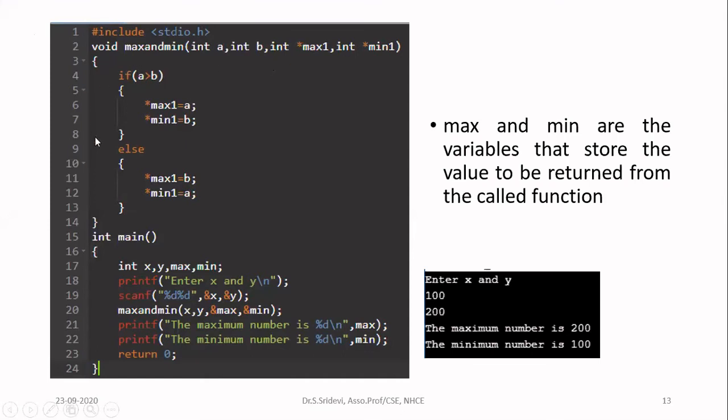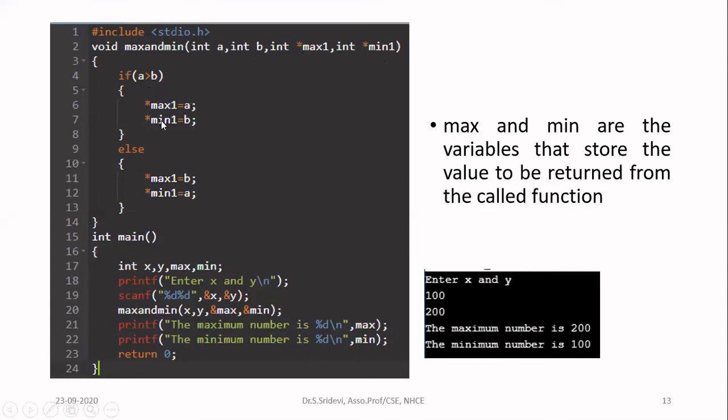Now inside the function you are going to find the minimum number and maximum number and store them in the appropriate answer. Here first I have a and b. A and b are passed by value only, so you can simply check if a is greater than b. If a is greater than b, a is the maximum number and b is the minimum number. So you have to store them in the answer. Okay, here this is the variable for the answer. You store there. So a is the maximum number. I am going to store that in the variable max1.